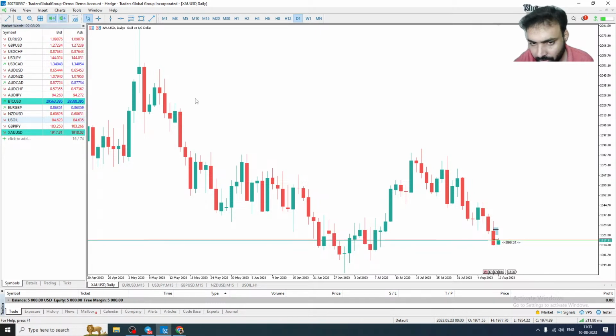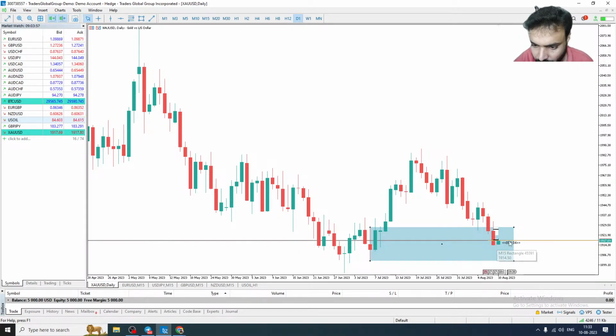So if you see here, as Mr. Rohit asked, this is the important level, right? This is an important level, and that level is tested so many times. You can see it tested here also, and it is tested here also. Okay, now it is coming inside. We are trying to look for lower time frame breakout structure. So if we get that, we can still trade from here.